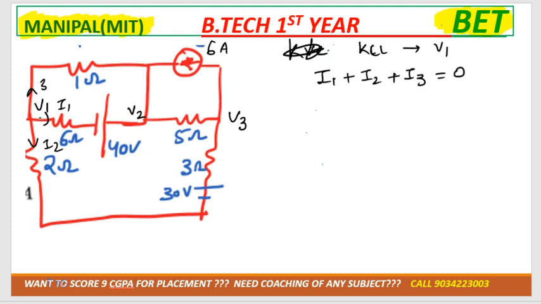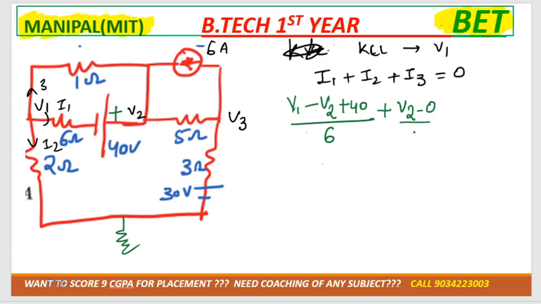So I1 is moving from V1 to V2, V1 minus V2, and for the battery we have to take the second sign, plus 40 divided by the resistance 6 ohm. I2 is moving from V2 to ground, so V2 minus 0 divided by 2, and I3 must be moving from